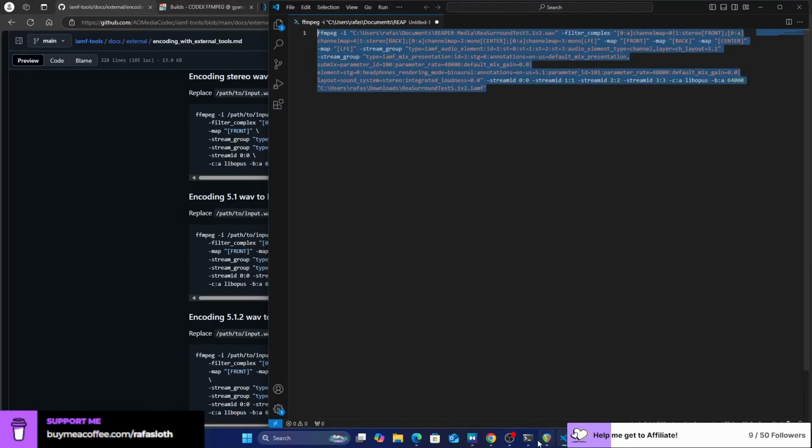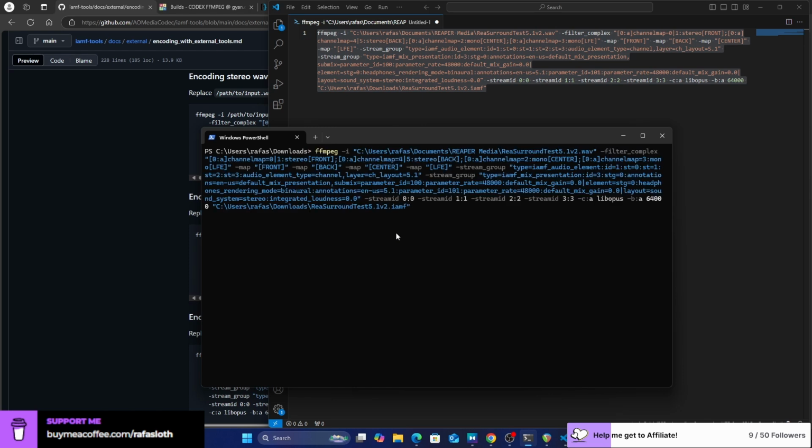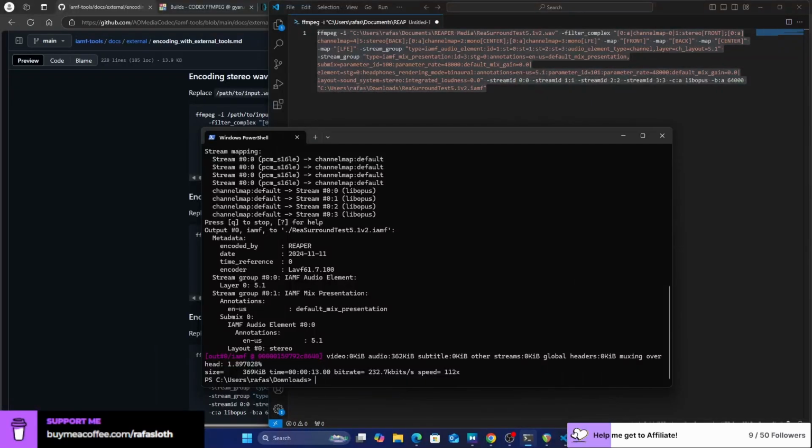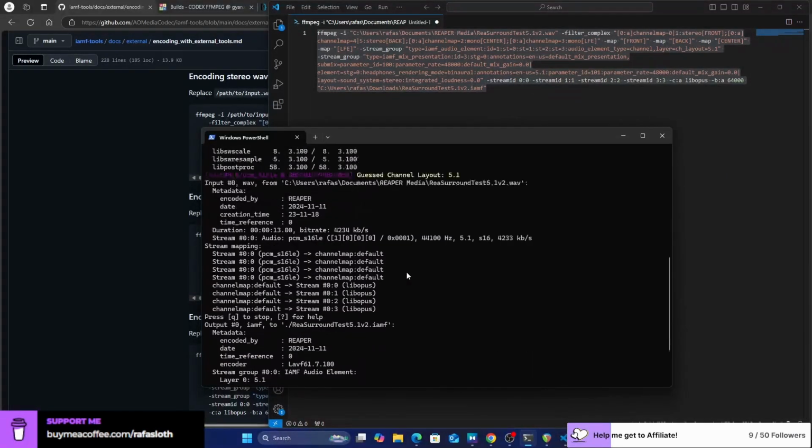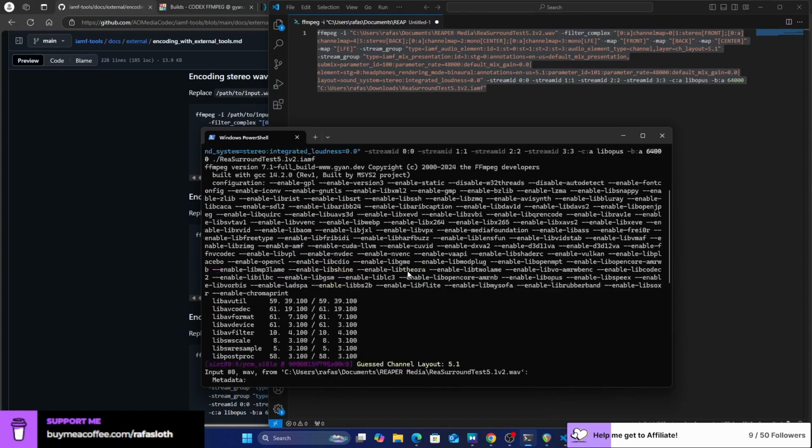Copy this, or actually, we can just put dot slash so that it gets saved in the current directory, but with this name. So let's try that, and it worked. It tells you what it did.